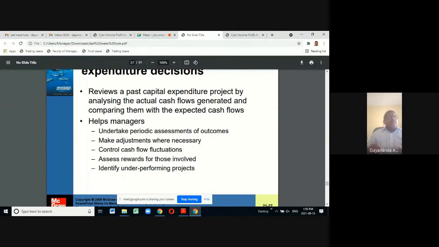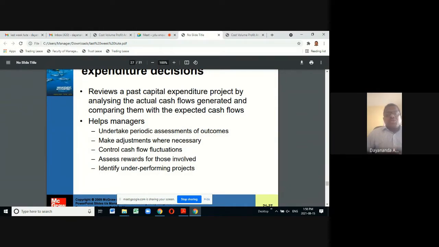So you may assess from period to period. You may compare your cash flow predictions with the actual cash flows. Then again you can think about what will happen to this project's ultimate results. Make adjustment where necessary. You can do necessary adjustments, maybe modification, maybe downsize, maybe new additional investments, maybe bringing new technology, latest technology to the current project, etc.